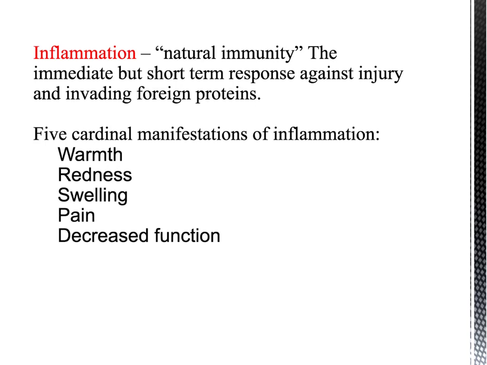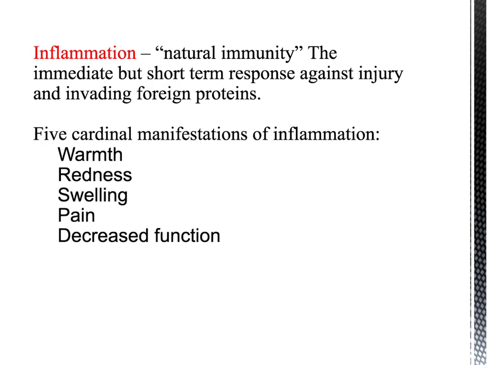It provides immediate protection against the effects of tissue injury. It's characterized by blood vessel and tissue reactions to rid the body of harmful microorganisms. Some examples of inflammation without infection are sprained ankles. Myocardial infarction is actually a result of some inflammation. Blister formation and thrombophlebitis are inflammation without infection. Inflammation is also present in allergic rhinitis, contact dermatitis, and other allergic reactions. Those also can cause some inflammation without infection. And then inflammation caused by an infection could be appendicitis,